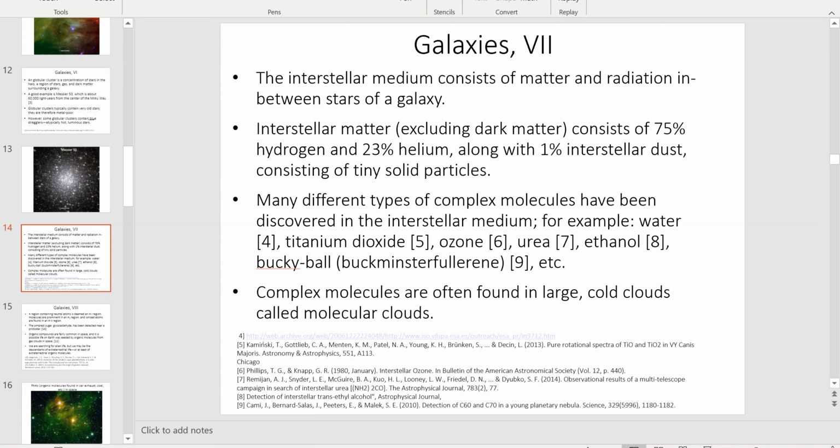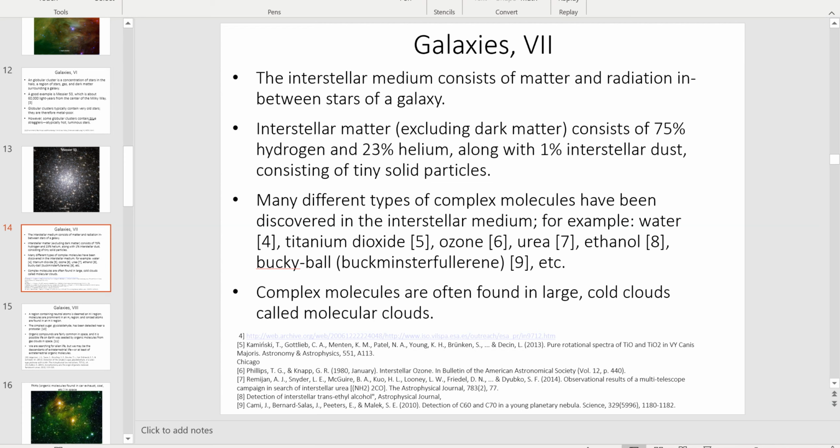This is a common theme. This is what stars are made out of. This is what nebulae are made out of. And if you look at the diffuse particles in the interstellar medium, you'll see exactly the same thing. And the reason for this ratio, about 75% hydrogen, 23% helium or so, is because of cosmology. We will get to cosmology later in the course. I keep saying that, I know, over and over, but when we get to cosmology, we'll learn that in the early universe, these are the only two elements that could have been produced in significant quantities.